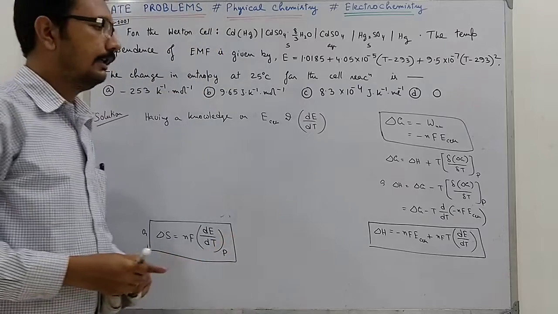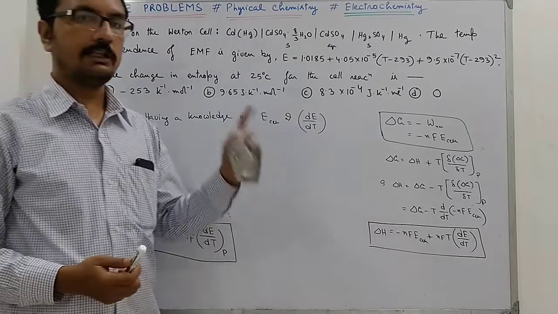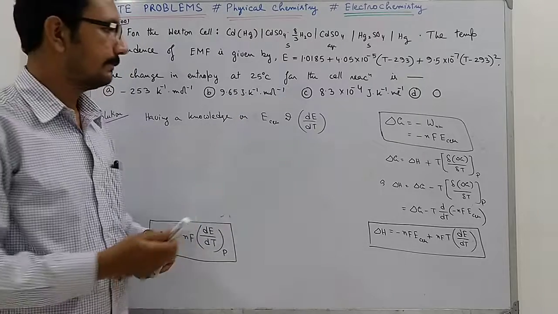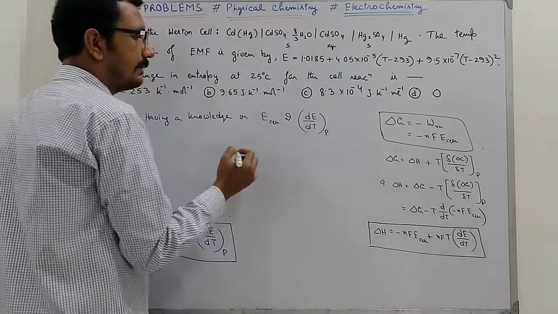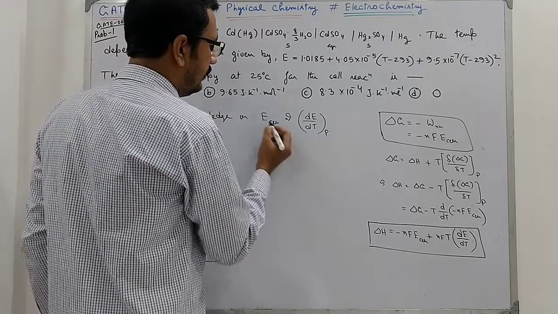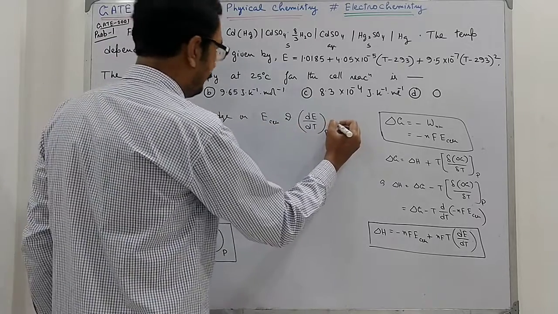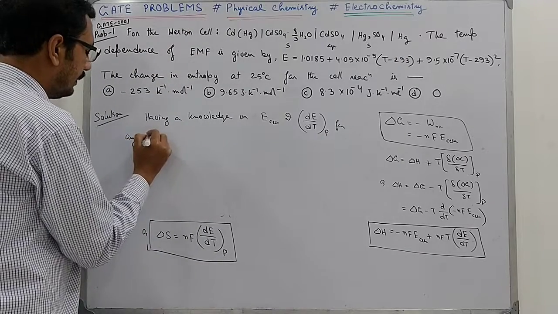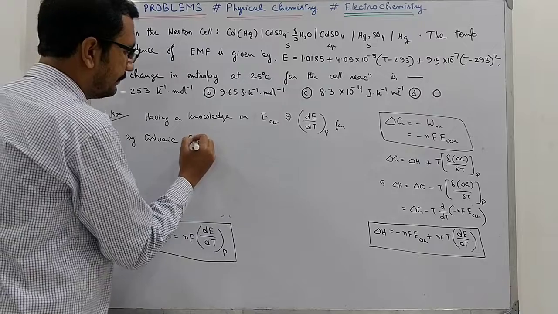Obviously, you know from thermodynamics that a state function is a property and also the rate of change of a state function is also a property. So it is also a property of the system, a characteristic feature of any galvanic cell. So if you have a knowledge of E cell and dE/dT for any galvanic cell,